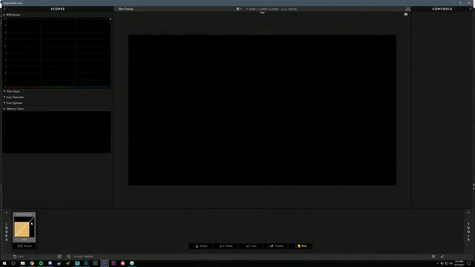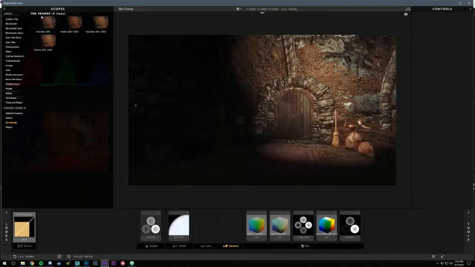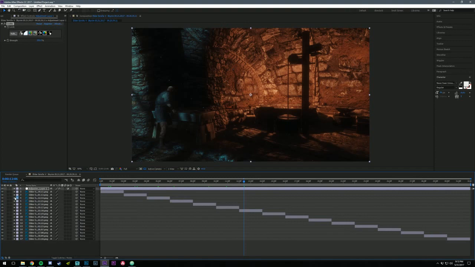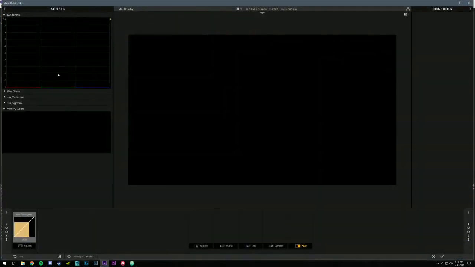Let's see how this looks between the two. Yep, that's fine. What I'm doing here is checking all of the images to see if